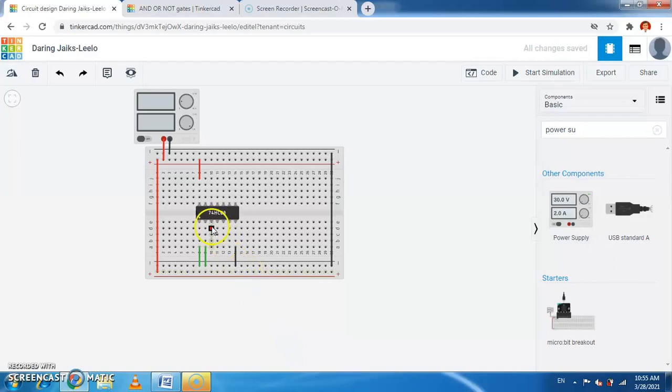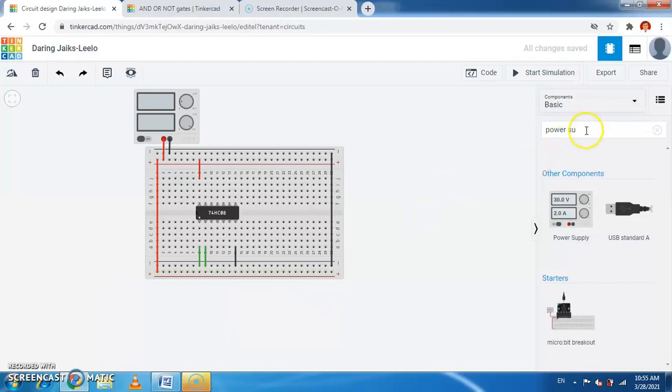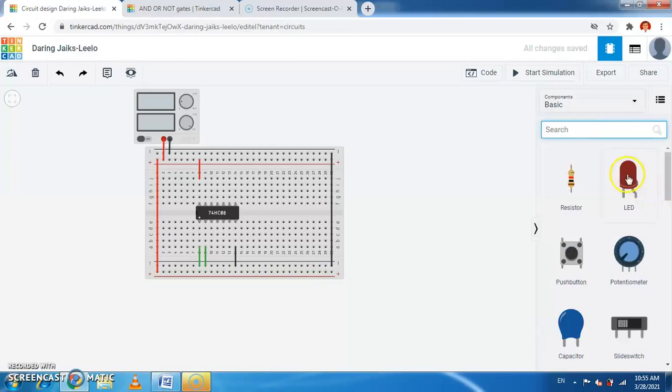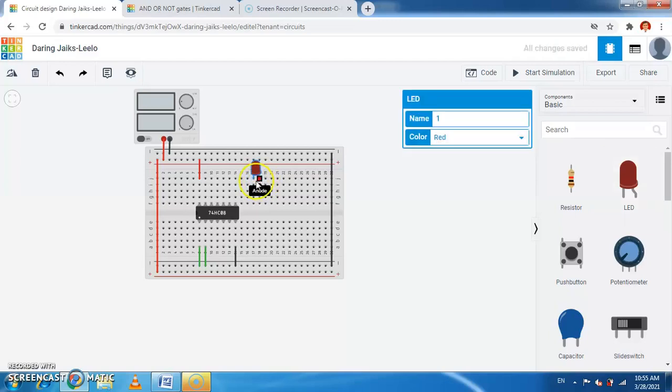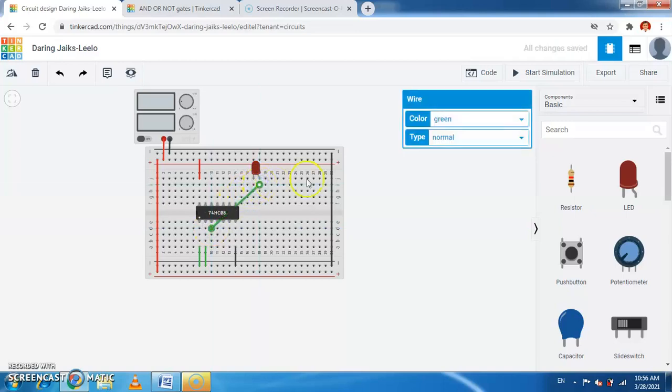Now the third is the output here. This is the output, right? So you can select this output and display it on the LED here. Therefore we have to select the LED for this purpose to display the output. So this is the LED here. We select it here. You can put it somewhere else. Now this is the anode and this will be the cathode. So we connect this pin number 3, which is the output, to this anode. You can select any one color, suppose this is orange as an output here.